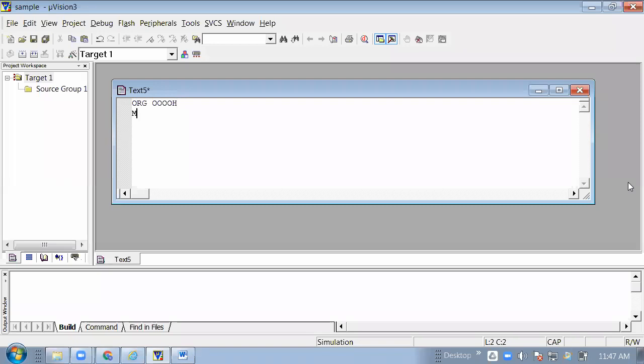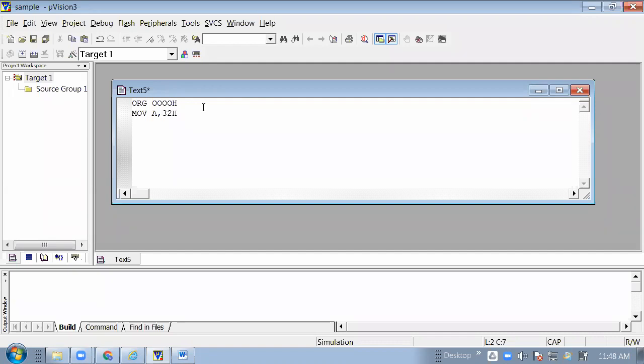Then mov A, #32h. Suppose I am writing A, 32h, so can you tell us what is the meaning of this instruction? What is the meaning of mov A, 32h?